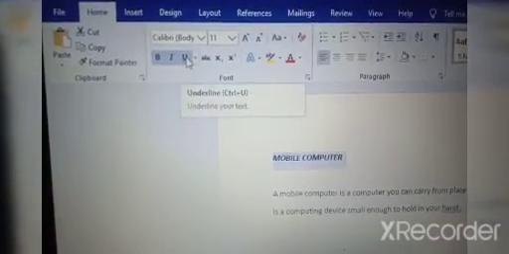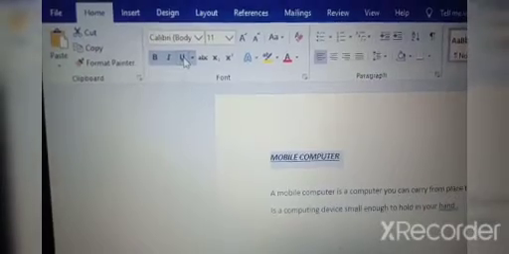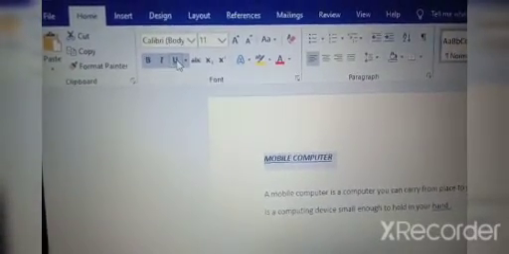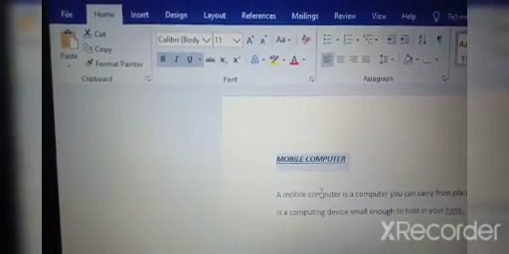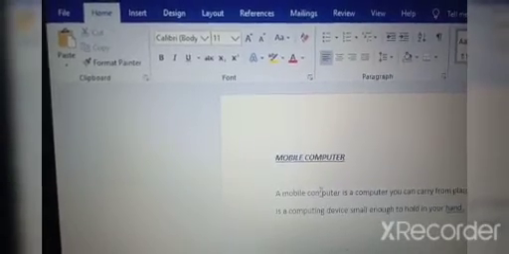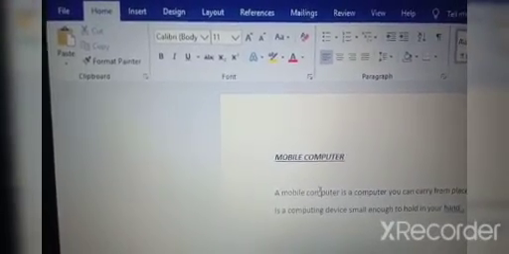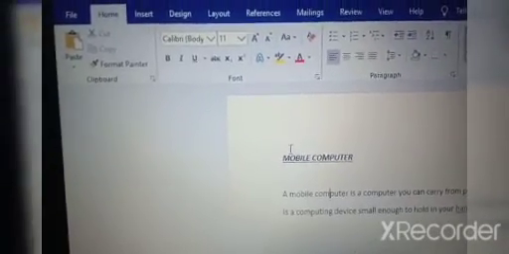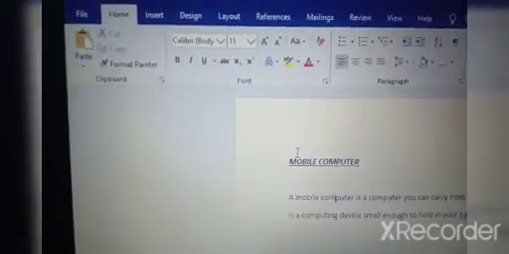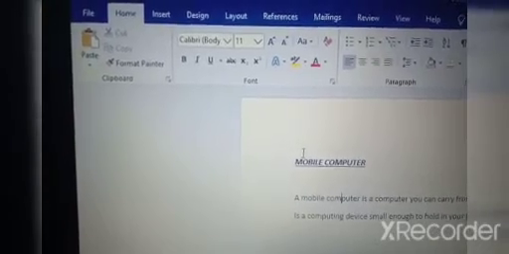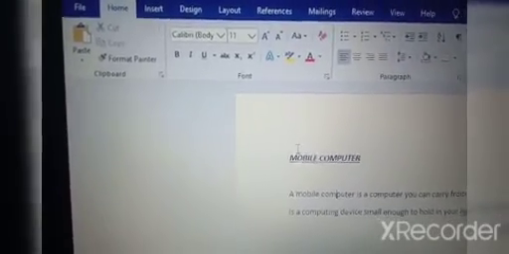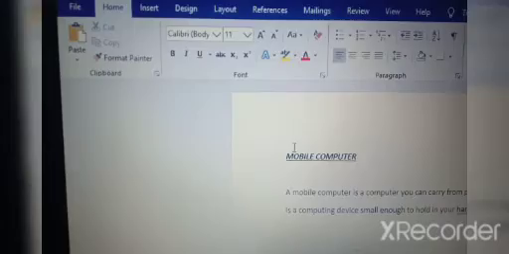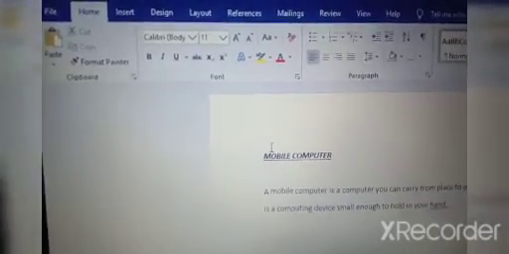And click on underline. You can see the underline for the text. Children, see the changes. This is changing the text using bold, underline and italic effects. So making text bold, italic and underline, we have seen how to do this.